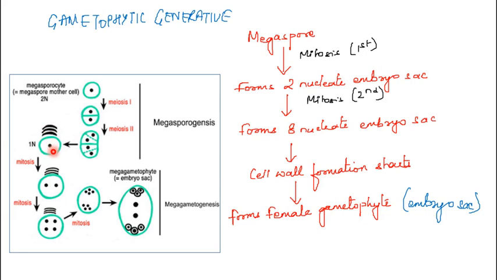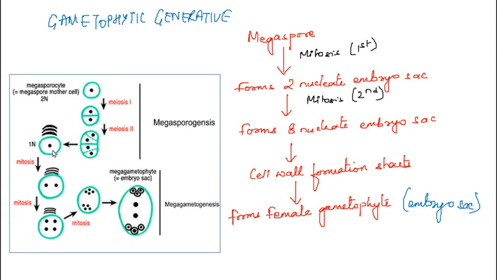So what we are seeing here is the megasporocyte, which is the megaspore mother cell. Megasporocyte is also said to be the megaspore mother cell. It will undergo 2 meiotic divisions. It will form 4 functional megaspores. Out of the 4 functional megaspores, 3 will degenerate and 1 will be involved in the formation of the embryo